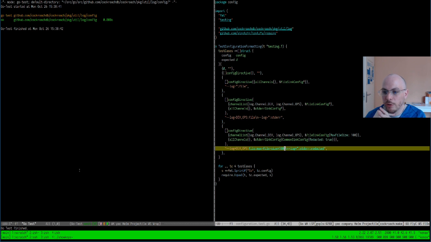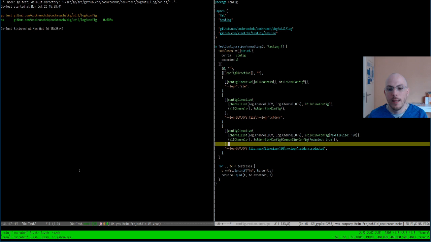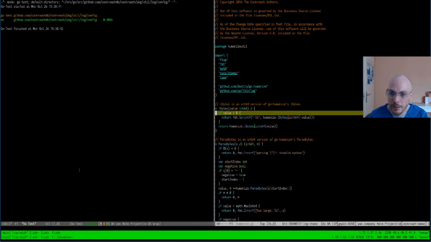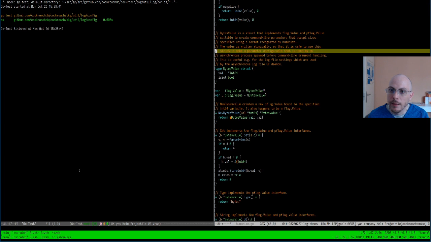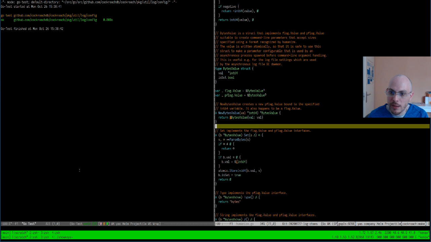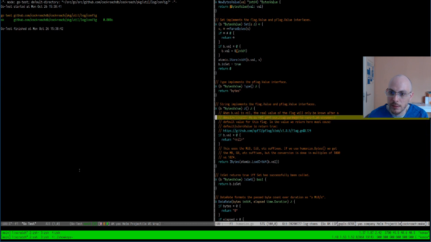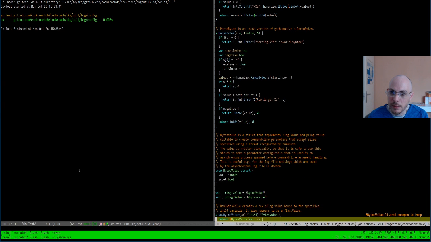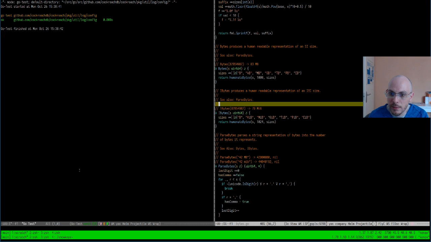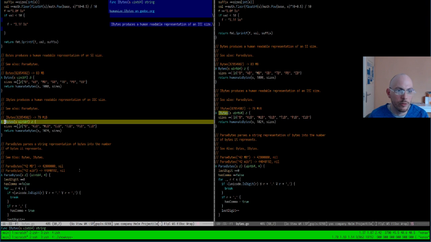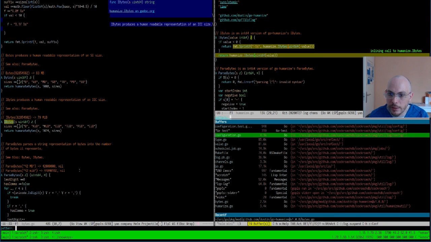What if we also wanted those sizes to be byte quantities? There is a package, I think it's called humanize, that has something called bytes. Byte sizes. So I could have something here that is represented as bytes, something like this. Humanize IBytes. Actually, that's even better. Okay, let's do this.